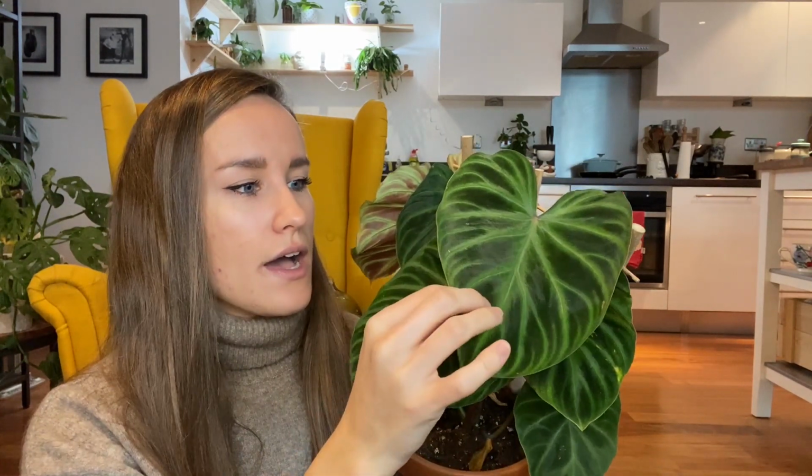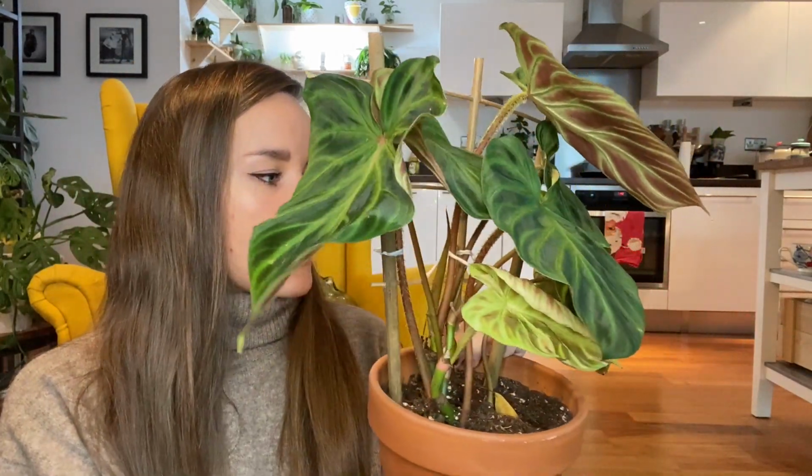And then the third plant is the troublemaker, but still beautiful. It's this Philodendron Verrucosum. I mean, it is a beautiful plant, I cannot deny, but it did arrive with a lot of thrip damage, which had my heart going a bit. So I treated this with Provado, just in case. And obviously the thrip damage is done. It doesn't pick up so much on camera, but there was lots of thrip damage around it, and they were really good about the